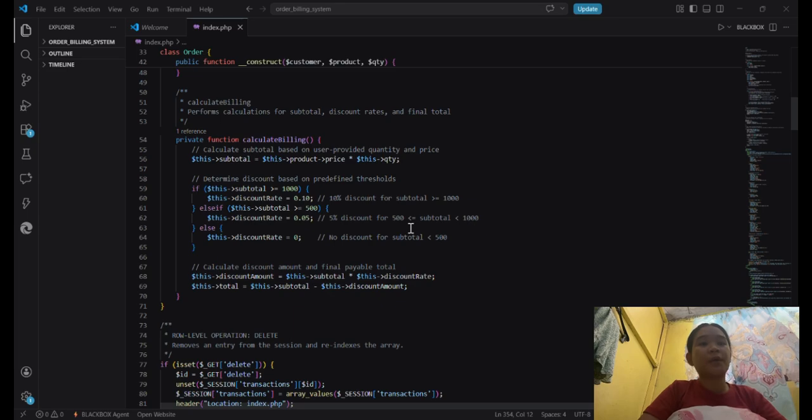The customer will have a 10% discount if their subtotal is greater than 1,000 and a 5% discount if it's equal to 500 subtotal, and no discount for less than 500 subtotal. And in our output,